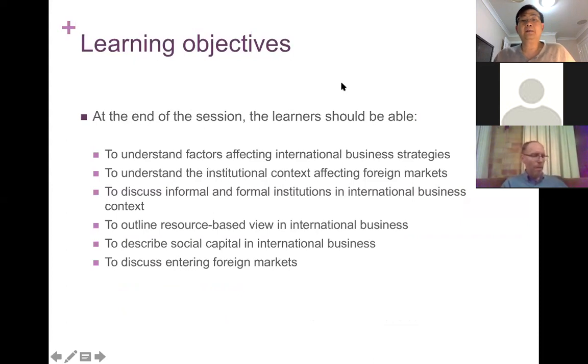All right, so the entire presentation, we are not going to cover everything in here. The presentation will basically focus on the factors affecting international business strategies, and we are going to look at it from the theoretical context. There are 3 theoretical frameworks that I'm going to bring to our discussion tonight, and after that we are going to expand the discussion based on these frameworks.